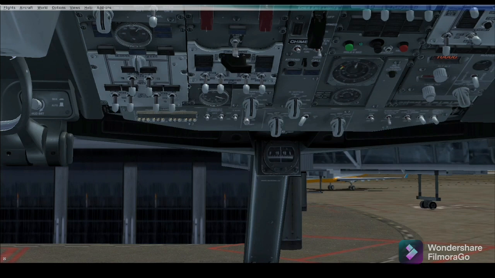In the overhead panel, at the bottom side, there are the APU, engine start and external light switches. These panels support two main functions: the APU and engine start, and the control of the external taxi, runway and collision lights. Starting the APU is accomplished by holding the switch in the start position for a few seconds, then releasing it back to the on position. APU shutdown is accomplished by moving the switch to the off position.